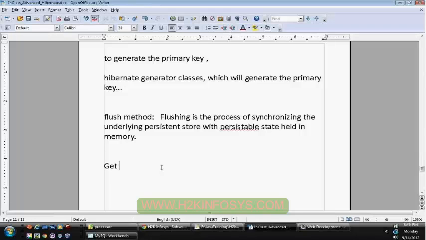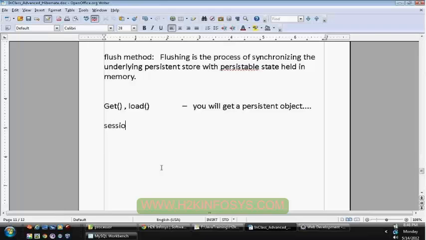Whenever you are querying with the get method or load method, you will get the object, which is a persistent object. Persistent object means at any point of time, your Hibernate will guarantee that whatever the information corresponding to the row or corresponding to the primary key,